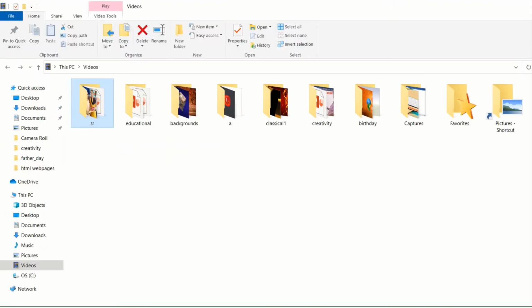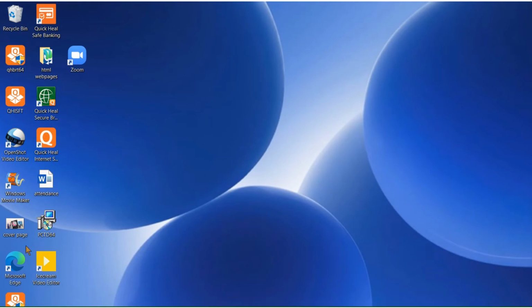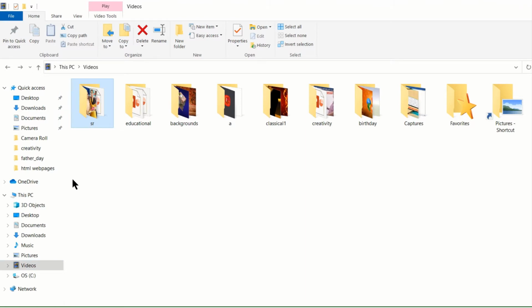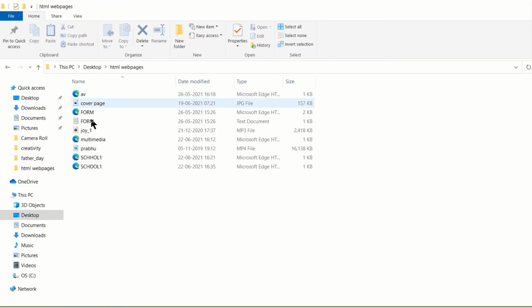Now minimize it and we can get the web pages in the folder which we have on the desktop by the name HTML web pages, under which is school1.